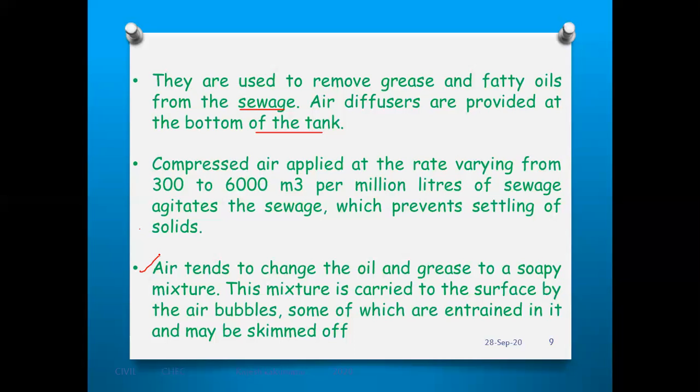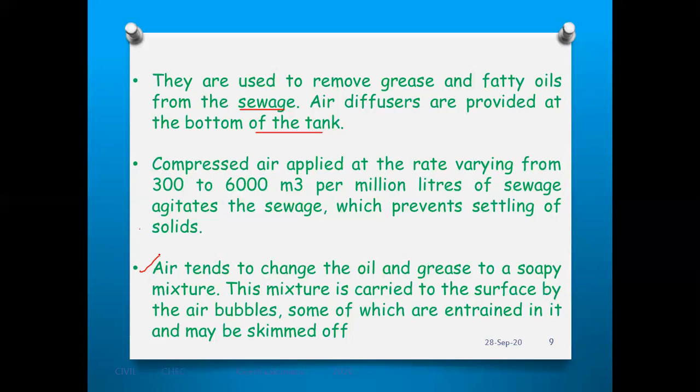soap, oils, etc., chemicals. If you see some places in the cities or towns, a foam like big lumps forms on the water and you can see it in some places. So how are these forming? These are forming naturally. So in the same way, in the skimming tanks also, through air ventilators, through air diffusers, the air